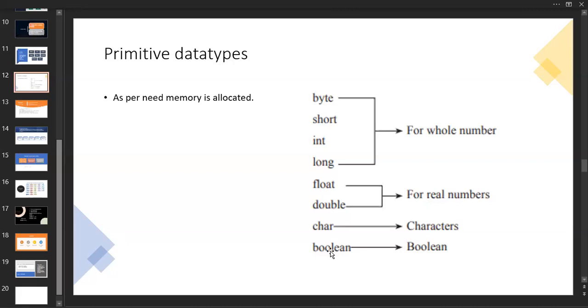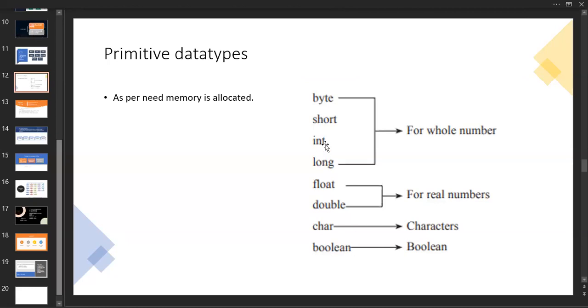If you declare it inside your program and you are not using it, initially a default value will be stored inside it. So each and everything has some initial value. Byte has an initial value of 0.